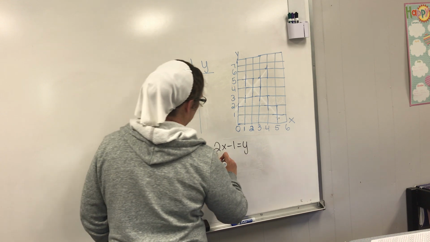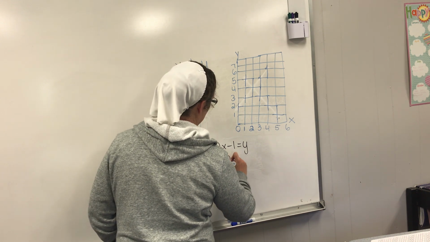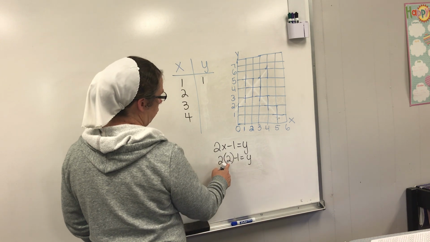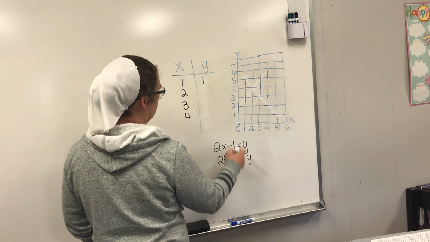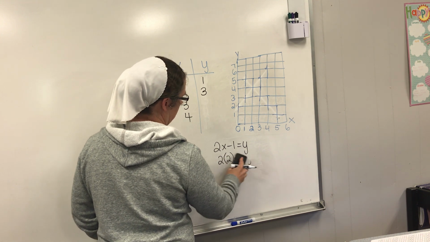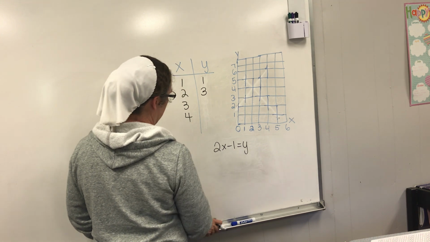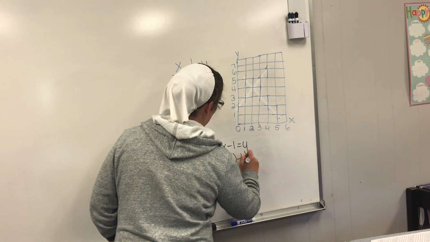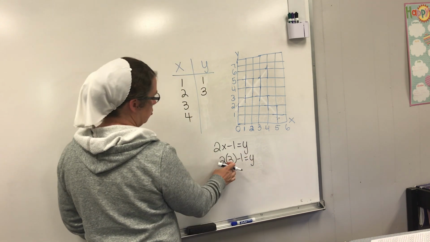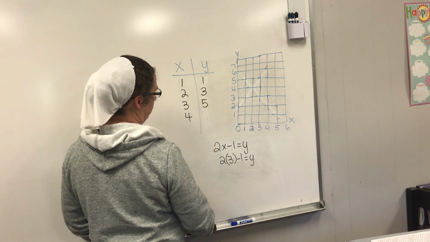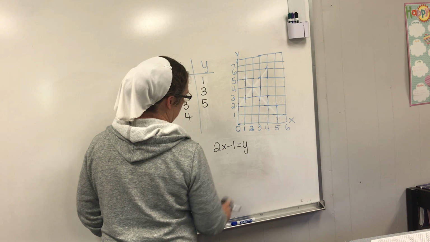If x is 2, what is y? 2 times 2 is 4. Take away 1 is 3. If our x is 3, 2 times 3 is 6. Take away 1 is 5. All right, if our